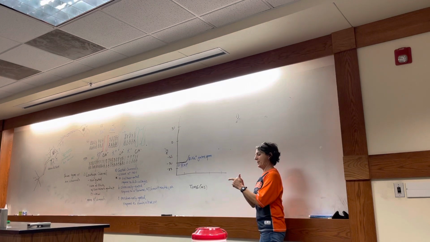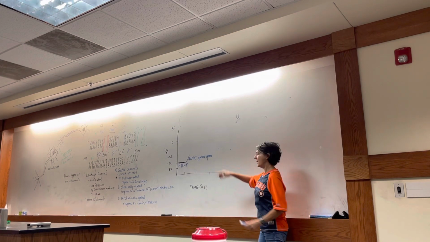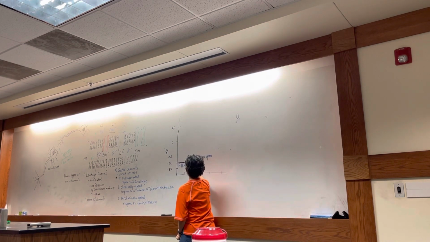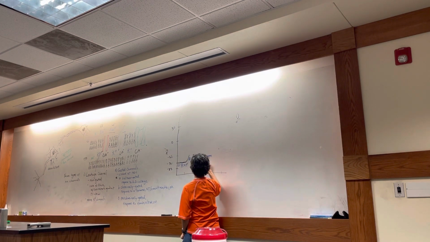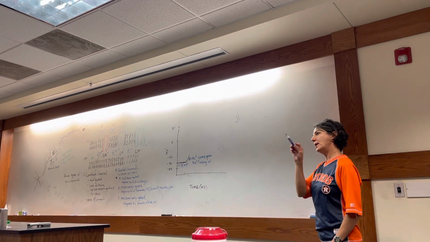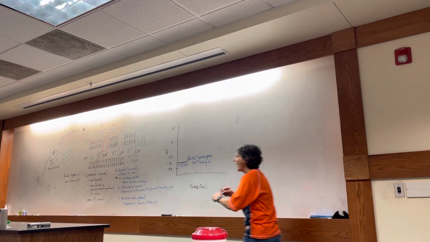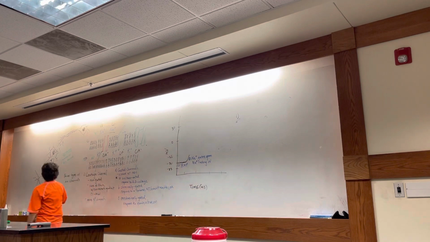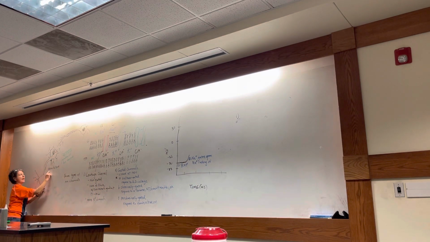Sodium gates are opening, sodium rushing in. You're starting to have this rapid influx of sodium. That's the first thing that happens after the signal reaches the axon hillock: the sodium voltage gated